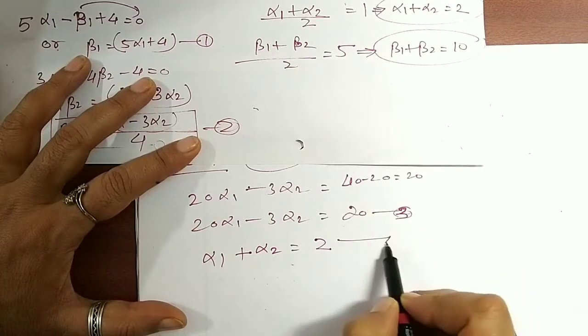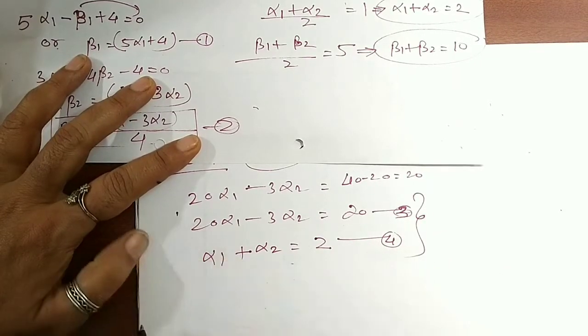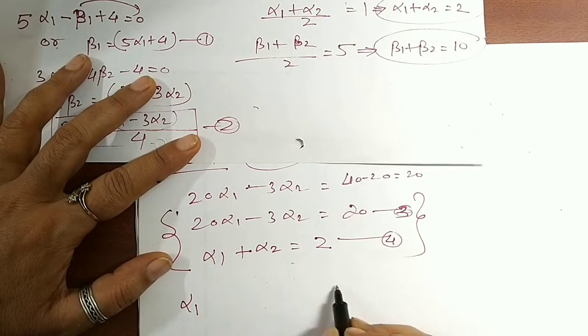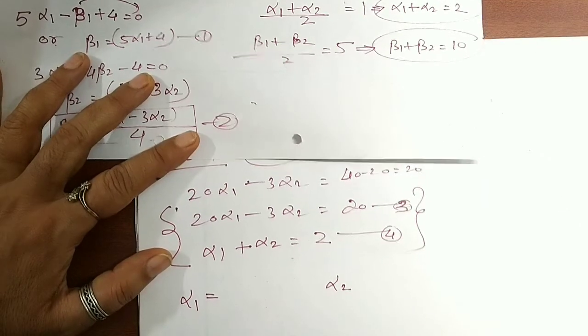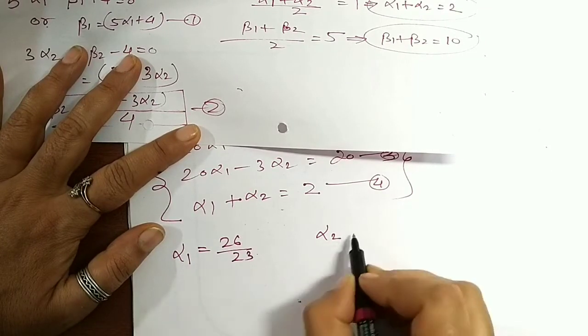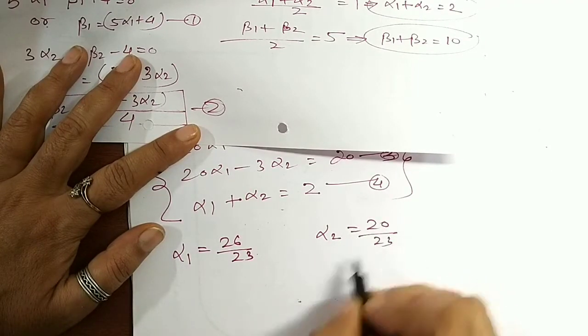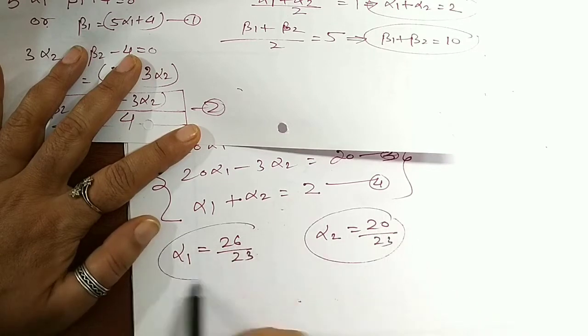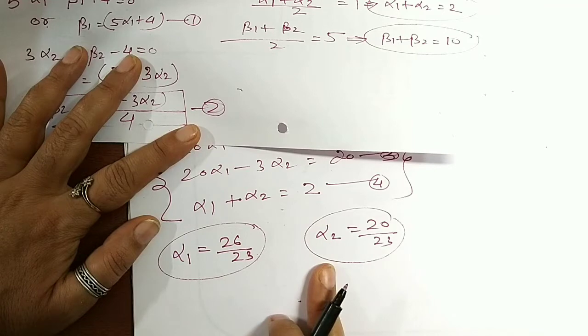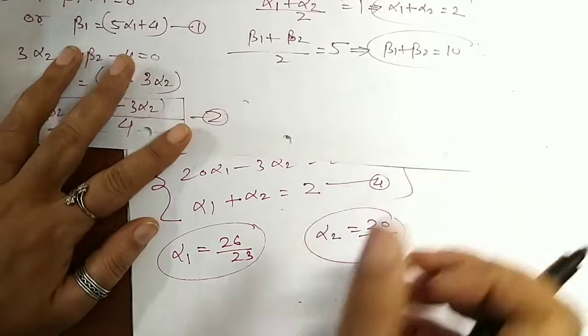Suppose this is 3 and this is 4. Solve these two equations to get alpha 1 and alpha 2. I have done it in rough work and I got alpha 1 as 26 by 23 and alpha 2 as 20 by 23. Please pause the video and try it. You will get it. Once you know alpha 1 and alpha 2, there is no need to calculate beta 1 and beta 2 because